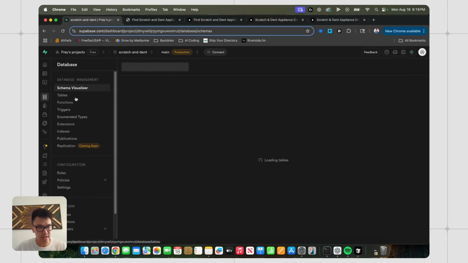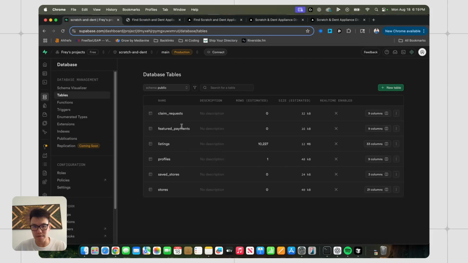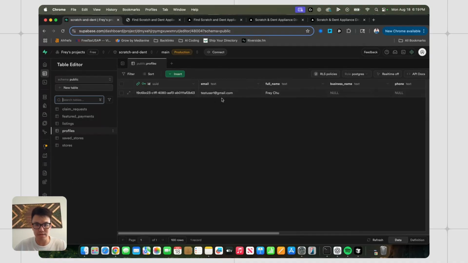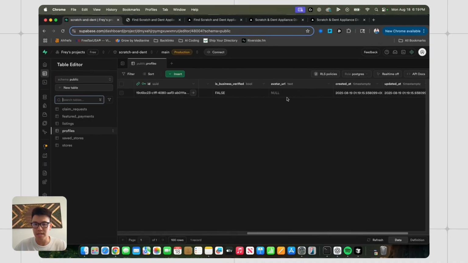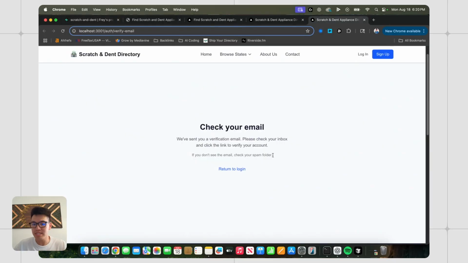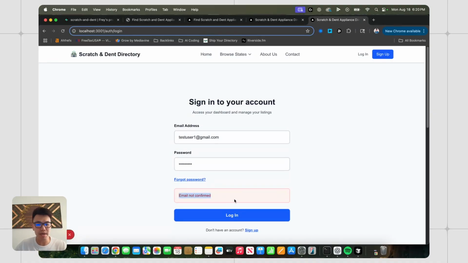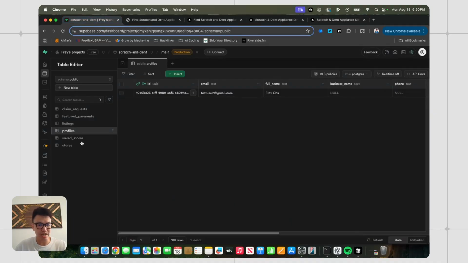Let's just check real quick to see if it showed up in any one of our tables here. And we do have profiles right here, and this looks like the one that we created. So test user 1 for HU, and we have is business verified false, and that's pretty much it. I know it says that we have to check our email, but let's just try to log in anyways using test user 1. So right now it says email not confirmed,